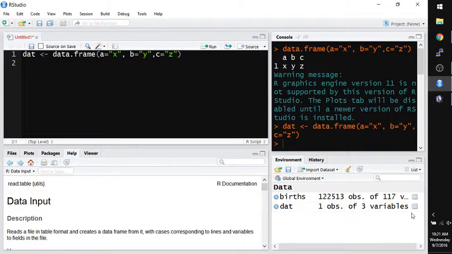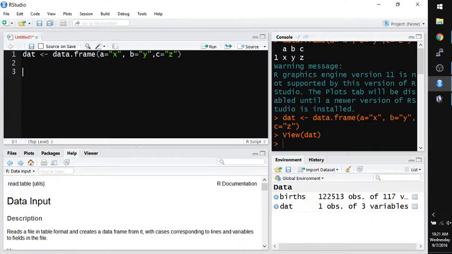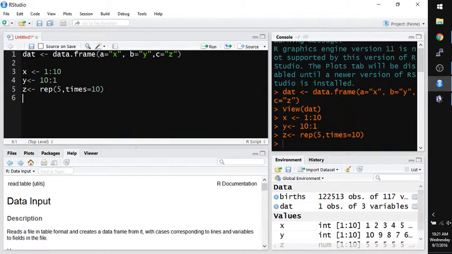So this is using quotes. If I look at this, R basically will fill in x, y, and z as the values. But I could do something like this too. If I said x is 1 to 10, y is 10 to 1, and z is repeat 5 times equals 10. So here, if I actually make x, y, and z, I can. This will actually work without quotes because what's happening is R can now look up the values x, y, and z. Because if you don't make them first, it won't be able to find it. So if I run this,